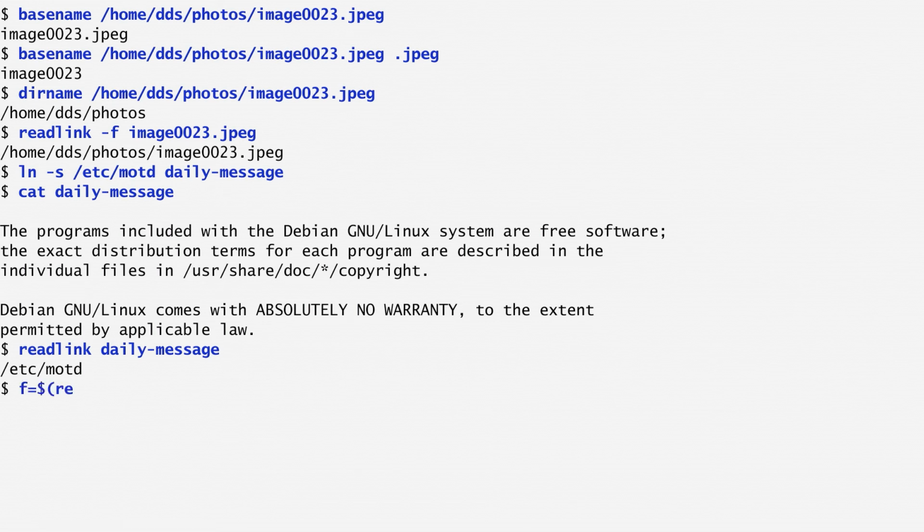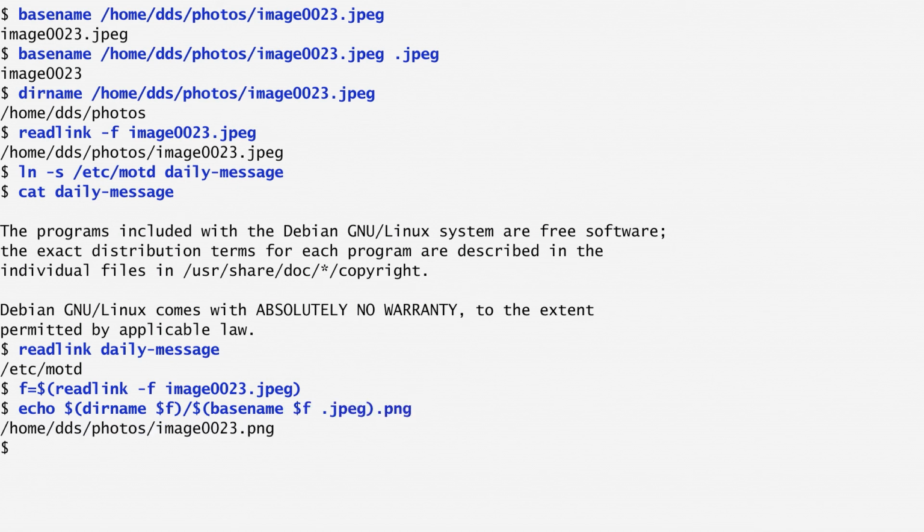First, I store its complete path using readlink in a variable named f. Then, I echo the dirname of f, followed by its base name with the JPEG extension removed, followed by .png. In this way, we get /home/dds/photos/image0023.png. We see that the file's extension was changed from JPEG to PNG.